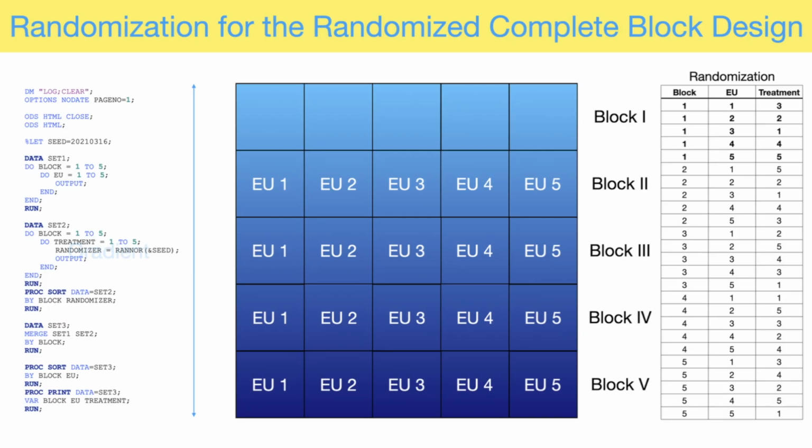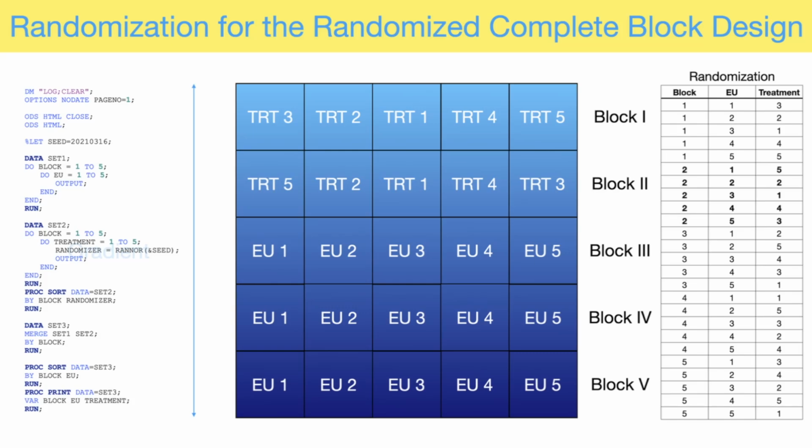Starting off with block number 1, this particular randomization assigned treatment 3 to experimental unit 1 within block 1, treatment 2 to the second experimental unit, treatment 1 to the third, treatment 4 to the fourth, and treatment 5 to the fifth experimental unit. For the second block, the treatments were 5, 2, 1, 4, and 3 to experimental units